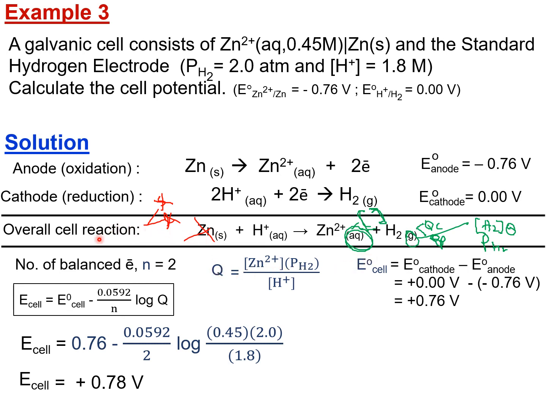Lepas tu, by looking at the overall cell reaction equation and also the information given in the question, okay, so you build the reaction quotient equation, okay. And you have to make sure kalau let's say dia pure solid and pure liquid phase, you cannot includekan dia. Okay, sama ada dia aqueous atau gas phase sahaja. You boleh gabungkan macam ni. Lepas tu, you dapatlah jawapannya apa. Okay, that's the step by steps in order for you to find the non-standard cell potential by using the Nernst